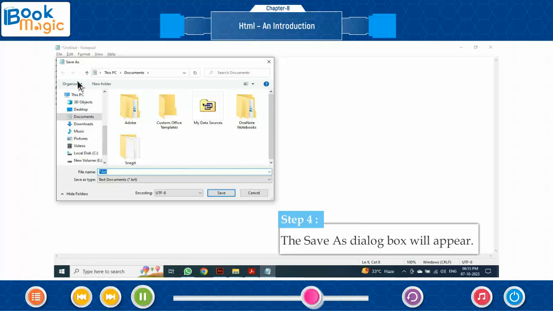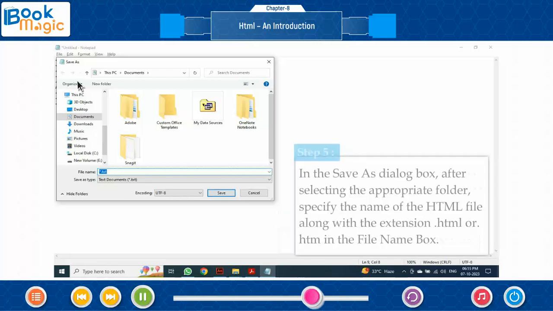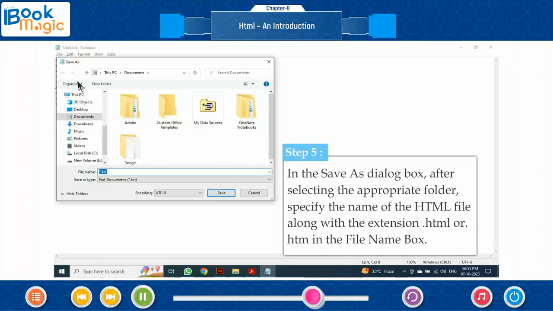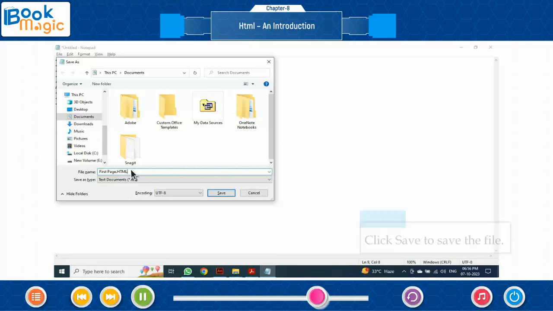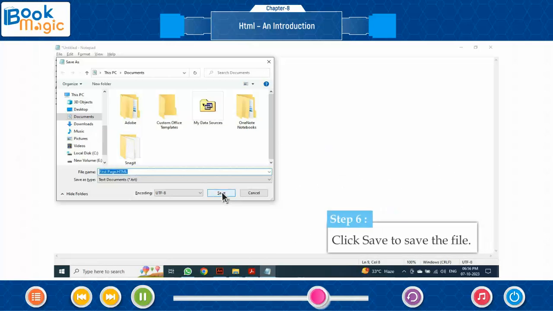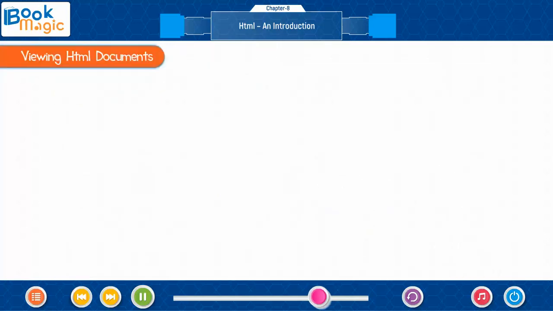Step 4. The Save As dialog box will appear. Step 5. In the Save As dialog box, after selecting the appropriate folder, specify the name of the HTML file along with extension .html or .htm in the file name box. Step 6. Click Save to save the file.